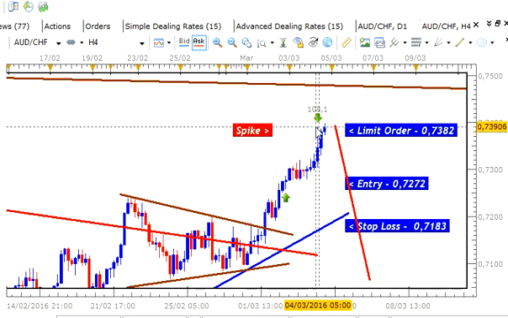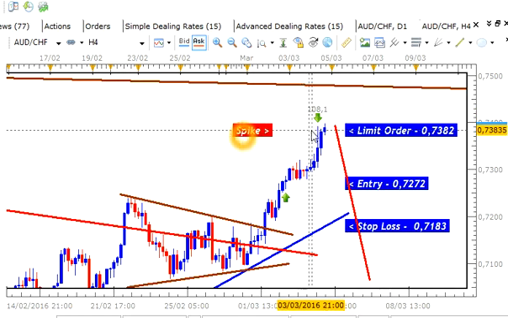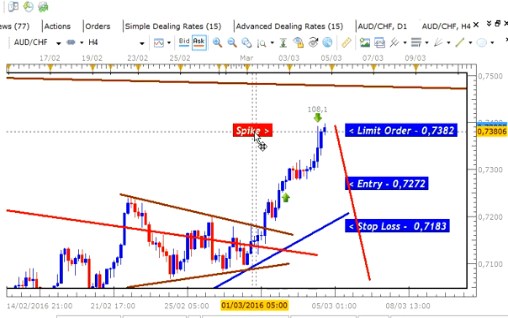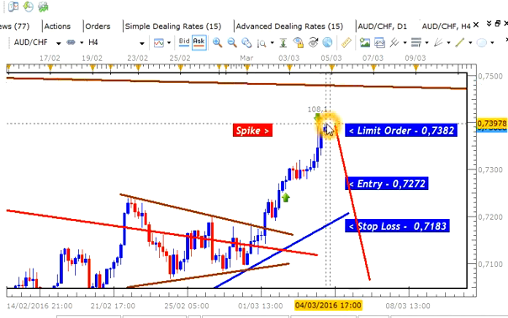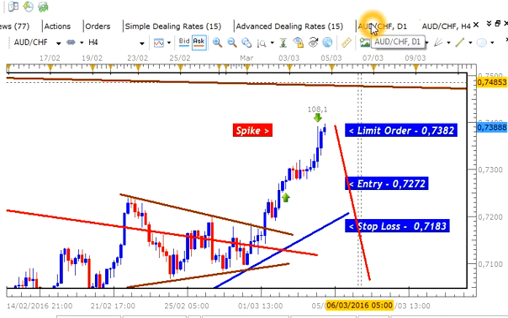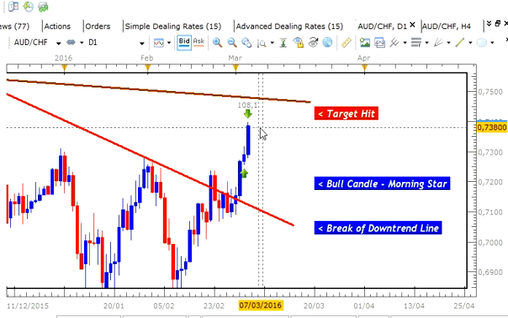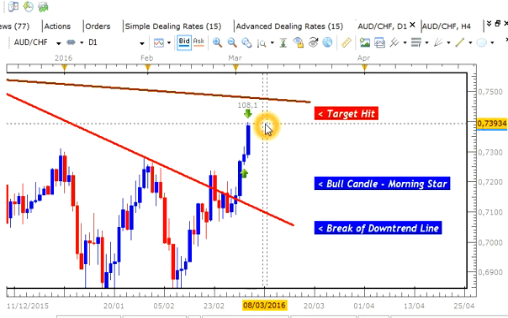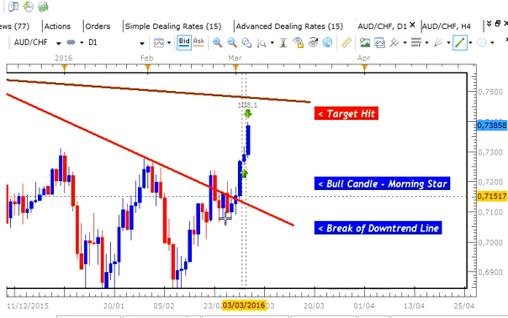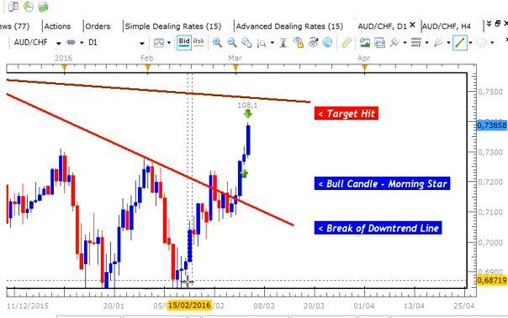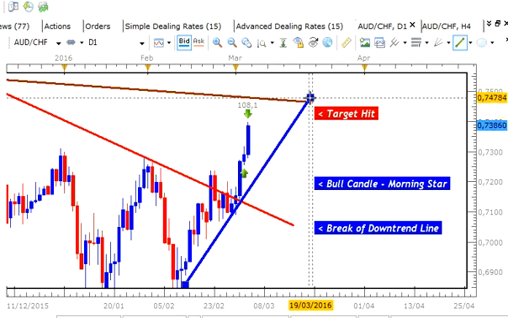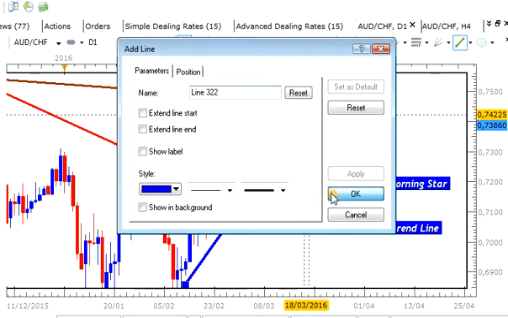And as you can see from this spike, there are several other players in the market that had the same idea and were aware of what actually takes place at this area. So a good trade, as I said, a strong trade, very quick, a strong gain of 108 pips. Now, what is likely to take place from here on is that, having formed this uptrend line with this recent rally,